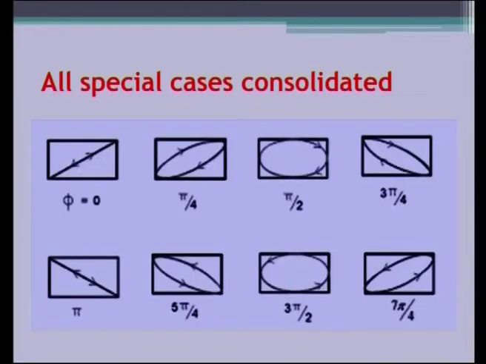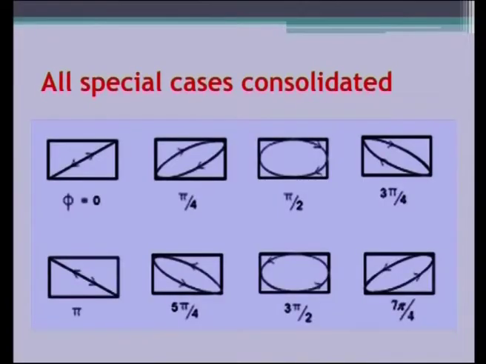What will be the final case? Let us have a look at that also. When we take up the consolidation of all the special cases, these shapes we will be getting. This method seems to be an easier and better method for obtaining the resultant path taken by the particle on which the two SHMs act perpendicular to each other. So, this is the graphical way of analyzing the oscillation.